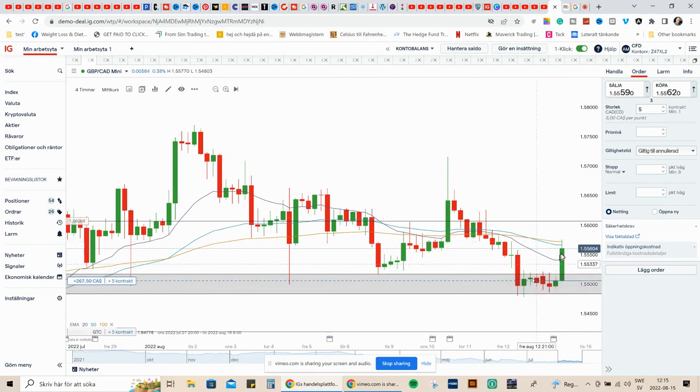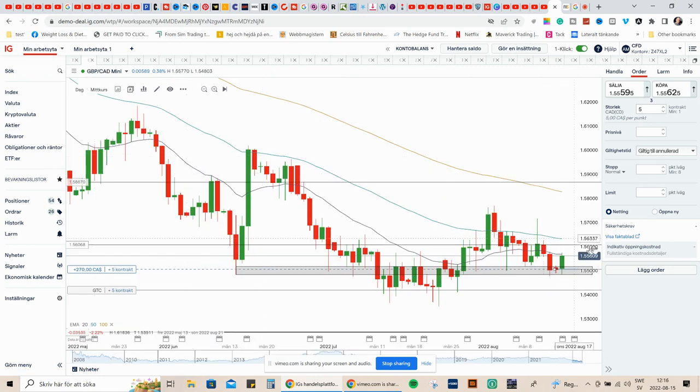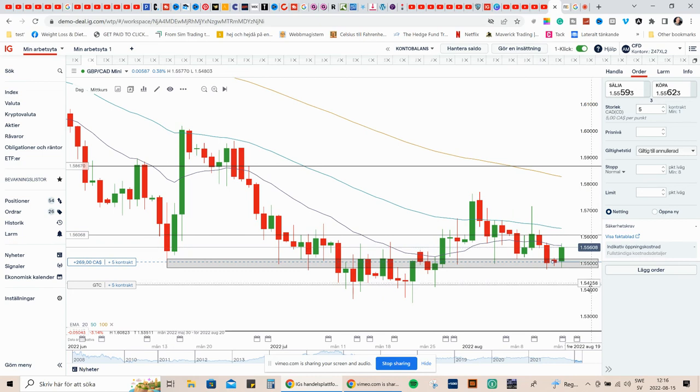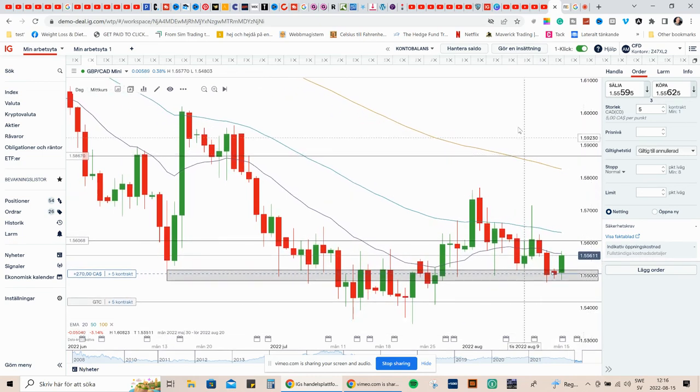So now we have a price that is above this level, which means that we also have a bullish trade setup here. But the daily time frame is the strongest information, the safest and most reliable trade,